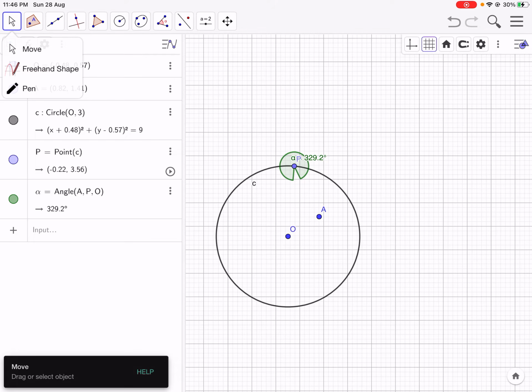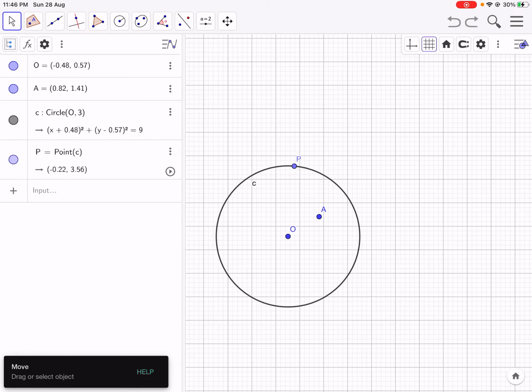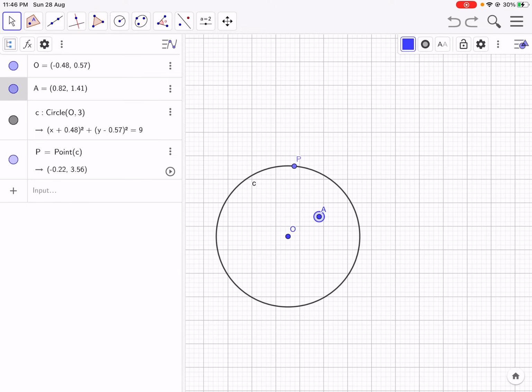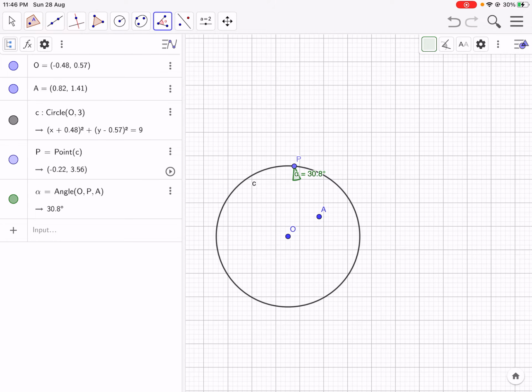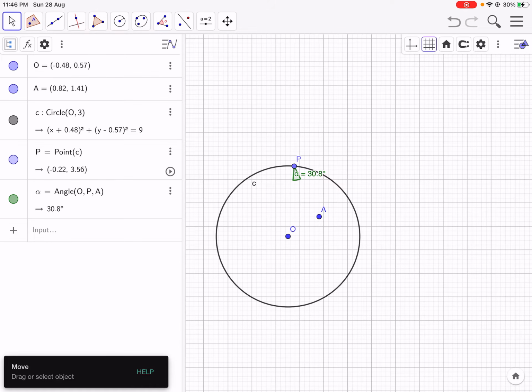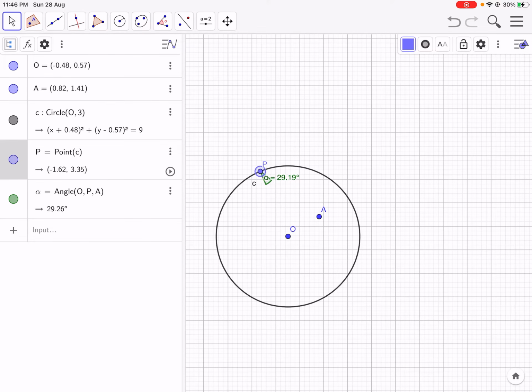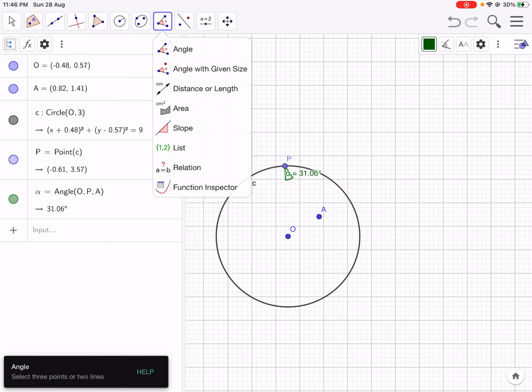Not that one though. Not the acute angle. Boom, boom, boom. Okay, 30.8. Now, let's have a look at how that changes as we move it. So, it seems like the biggest is around 31.06, and it turns out that